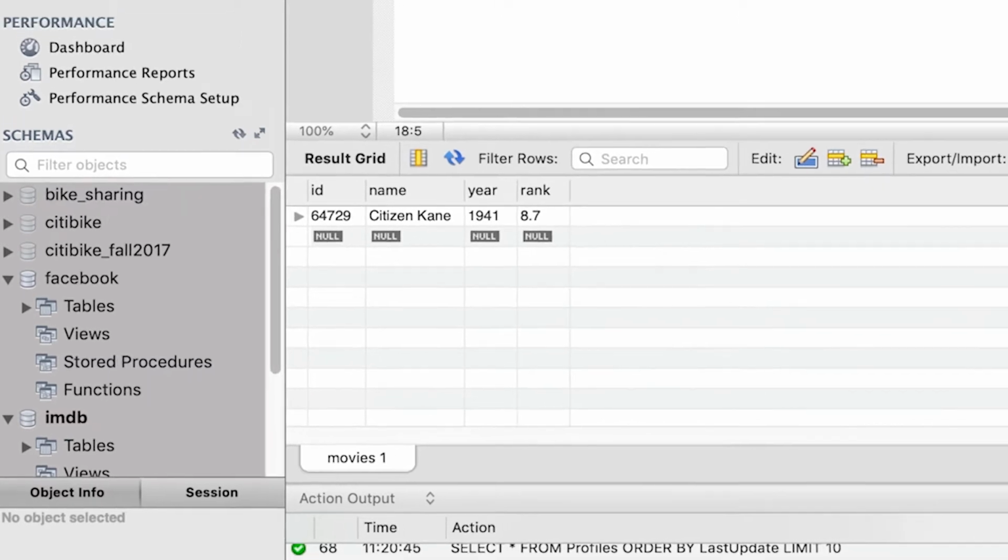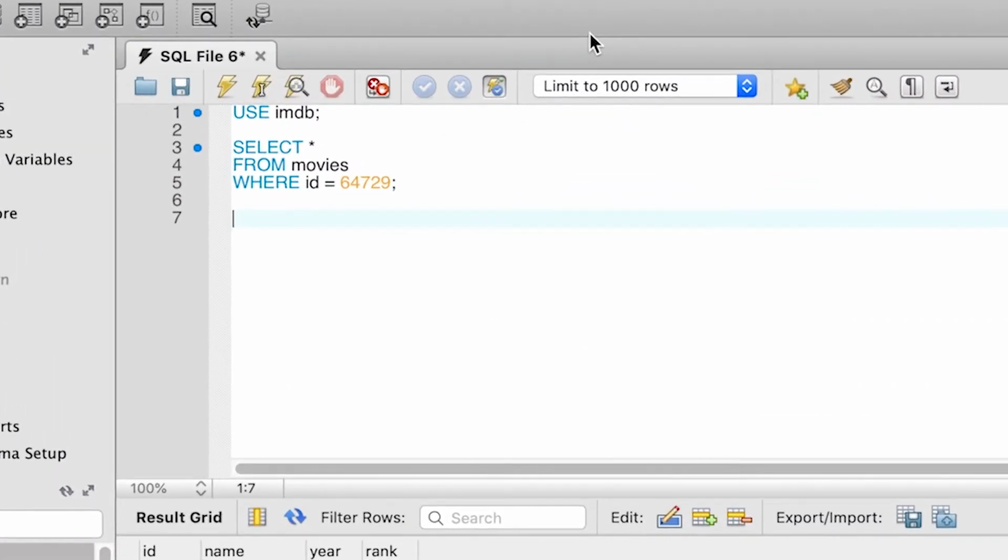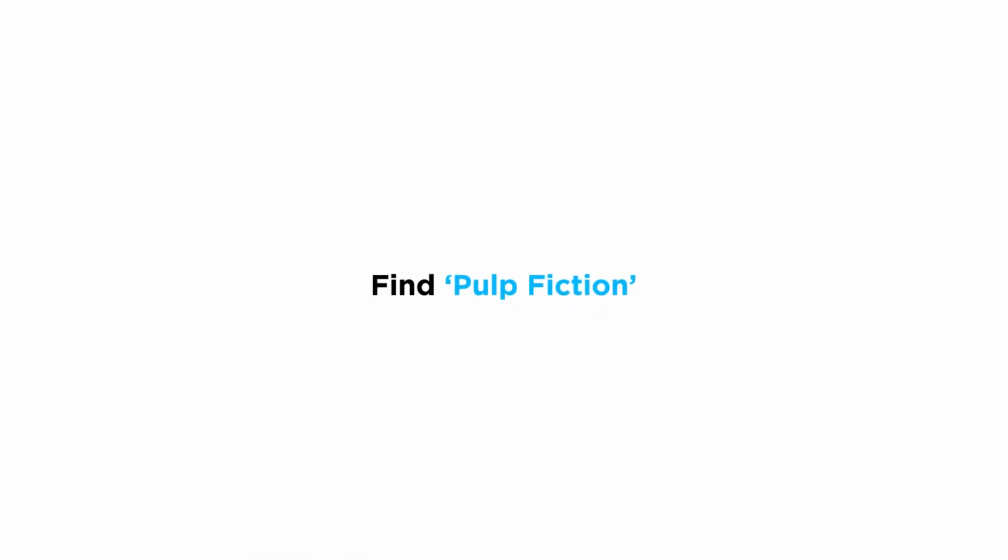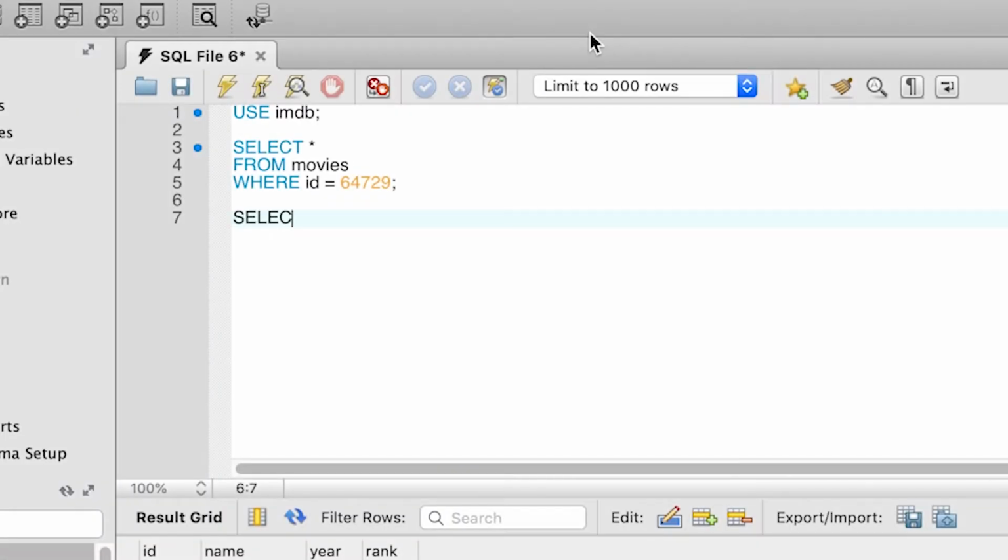Let's do another example. We want to find the entry for the movie Pulp Fiction. So in this case, we want to query not for the ID attribute, but on the name attribute. So we write select star from movies, and now we need to add our condition. So we go where name is equal to quote Pulp Fiction, closing quote.